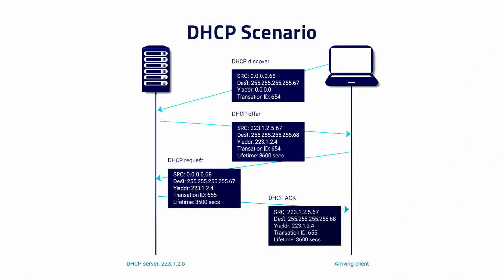When an end device connects to a network it's unfamiliar with, it cannot identify whether there is a DHCP server. So, what do we do when we don't know something? We ask. Who do we address the question to? To everyone, because we don't know anyone in the network. What is the question's purpose? To discover whether there's a local DHCP server. Therefore, the first message sent by the end device is DHCP discover, to find out whether the service exists.